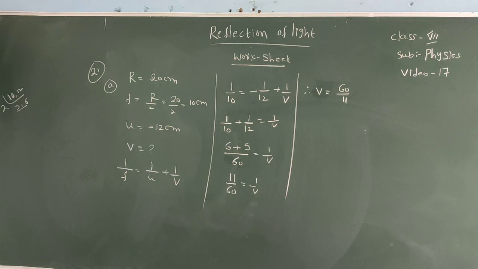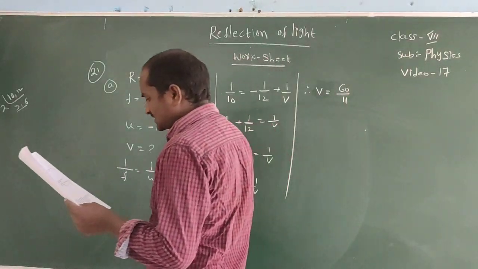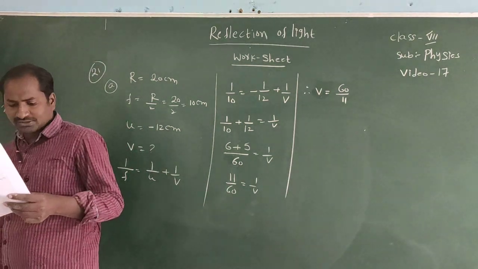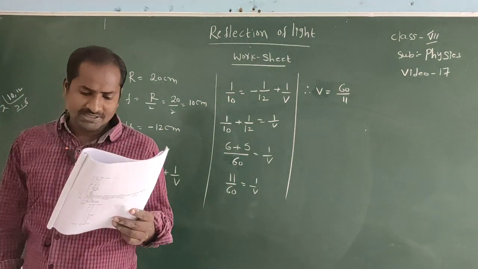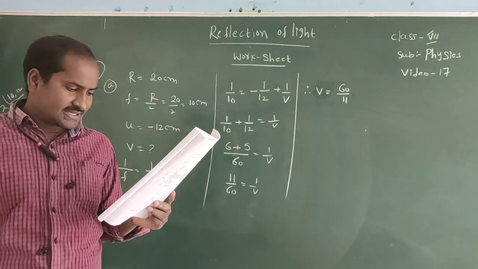Next, question number 22. A concave mirror having a radius of curvature 40 centimeters is placed in front of an illuminated point source at a distance of 30 centimeters from it. Then the location of the image is...